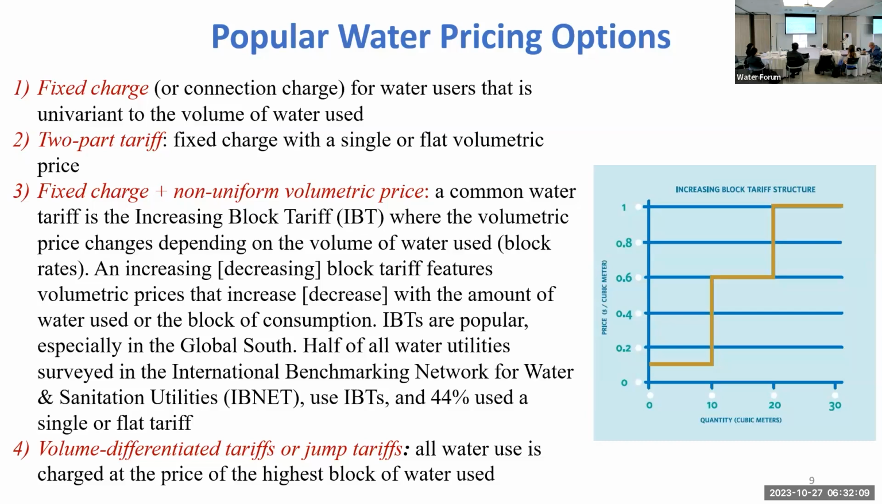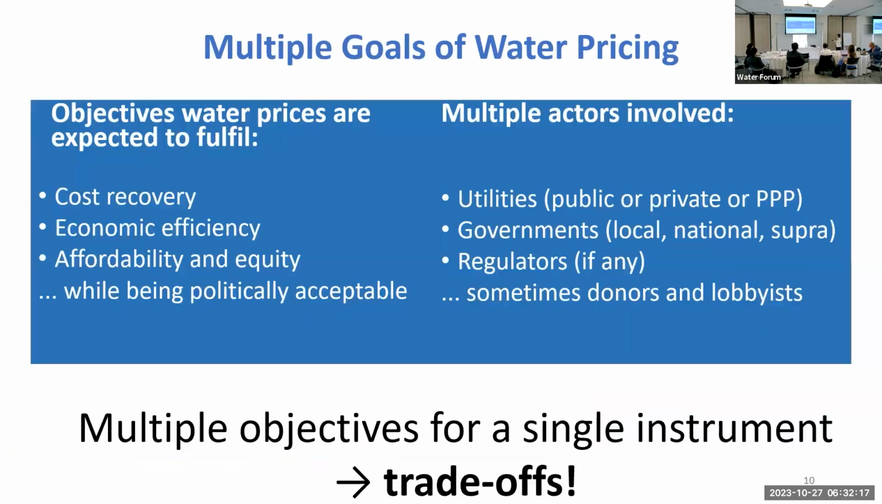Another form of a pricing option is a volume differentiation tariff, or a jump tariff, where all water use is charged at the price of the highest block. Okay, so that's some pricing options. So some of the problems when